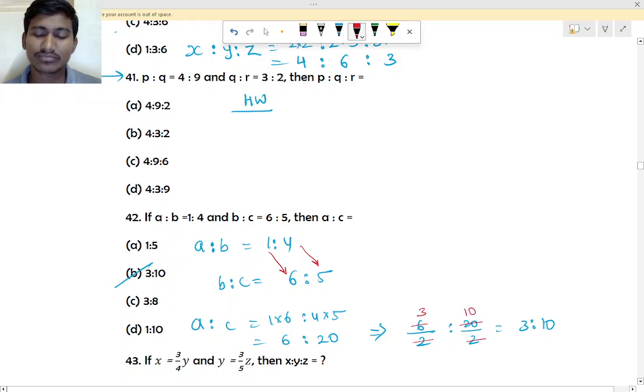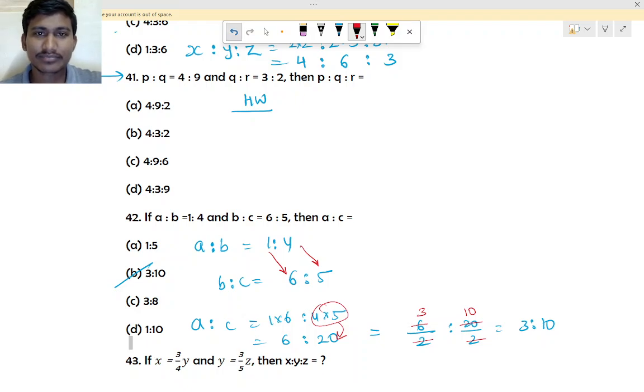Sir, how to kill? That is, we have to divide, because it will come in the same table, right? Yes, we have to. Sir, you wrote 5, 4 into 5, no sir. Where you wrote, sir, that number? 4 5 is how much? 20. Then I wrote it below only. Yes.